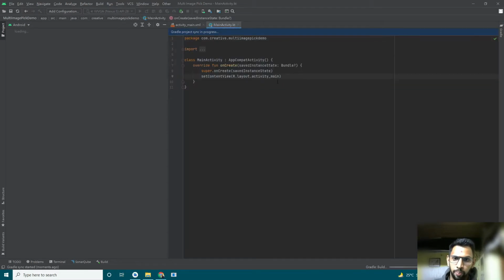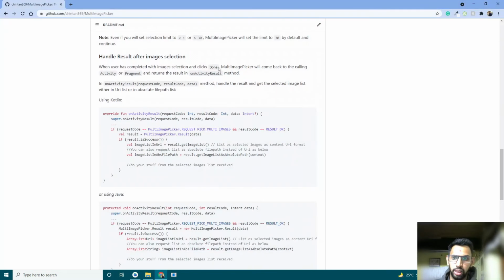Now, when you create this project, in the build.gradle, in the old Android Studio projects, there was an allprojects block in the root build.gradle.